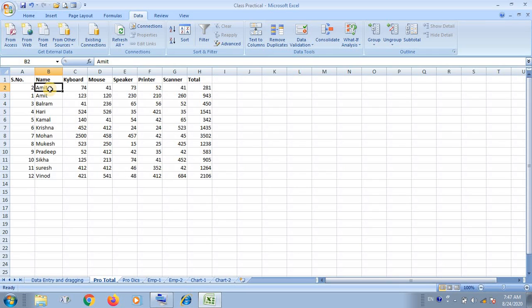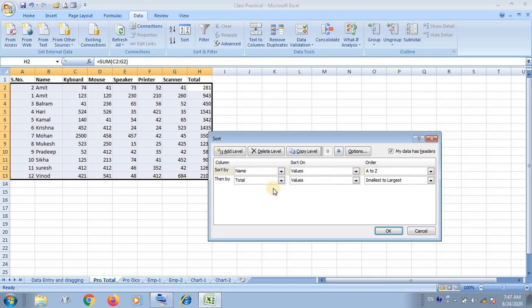Both customer names are the same, but on the basis of the number of quantity these two records have been shifted according to the second level of the sorting, the total. So who is the smallest? The smallest is Amit first, Amit second, that is 281 quantity, and according to quantity the smallest gets first preference.